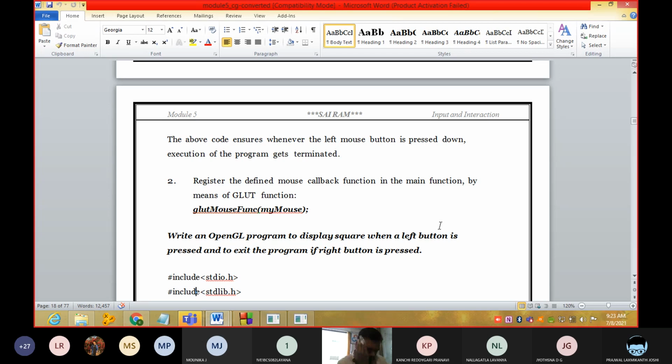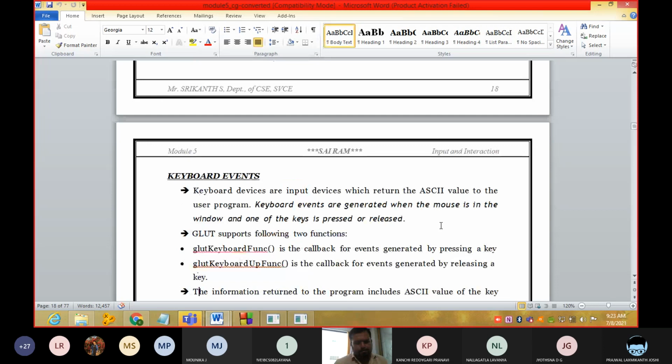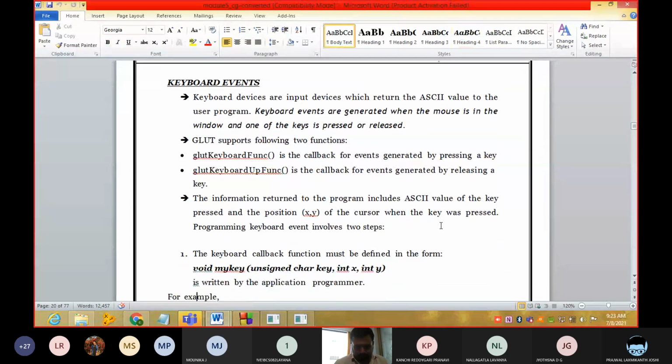So this is interaction with respect to the mouse. And let us see how to interact with respect to a keyboard. Here we need to invoke one function called void myKey.